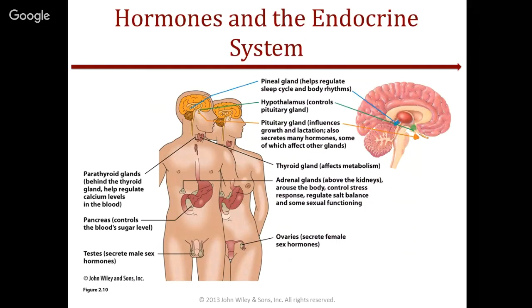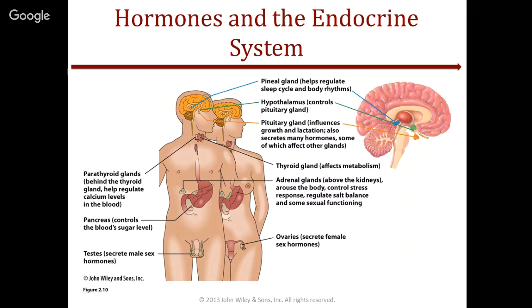So your textbook talks about the differences between your hormones and your neurotransmitters. Your neurotransmitters are signaled through your body and your central nervous system, through your cells, neurons, your spinal cord, etc. While your hormones are more through your blood. So it talks about different things: your parathyroid, pancreas, your testes, your pineal